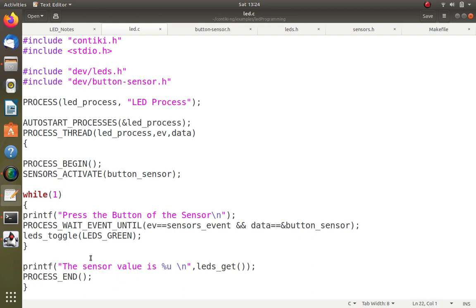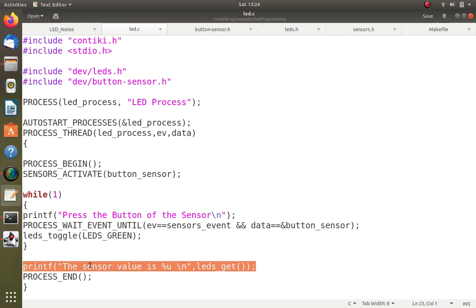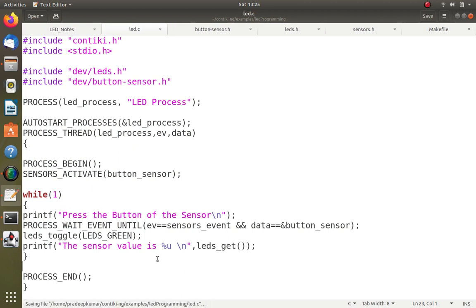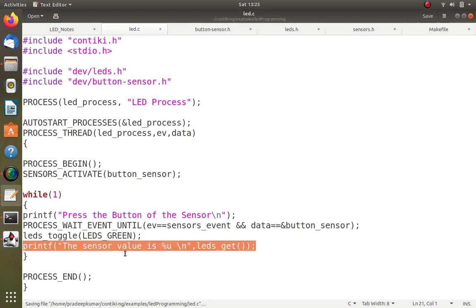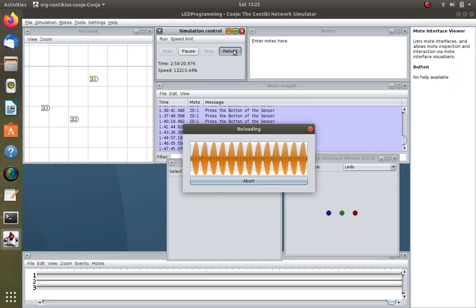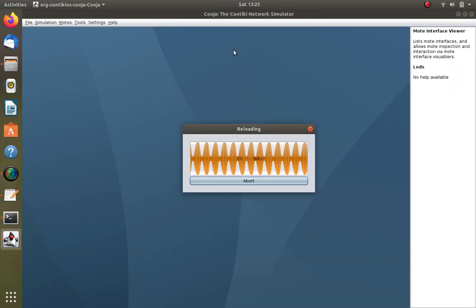But I think this value is not printed, so Control X, I put it here and print it here. Before the process ends, inside the while loop, I will print the sensor value. I need to print it. So again I come back. Instead of doing the same process again, simply click the reload button. When it is reloaded, the program will be compiled again as per the change in the software.